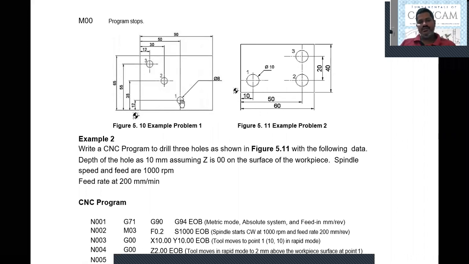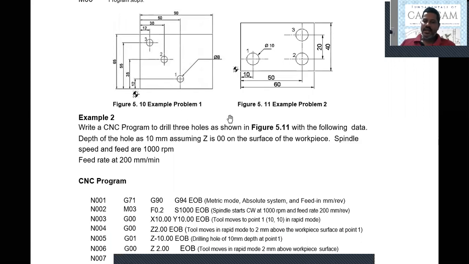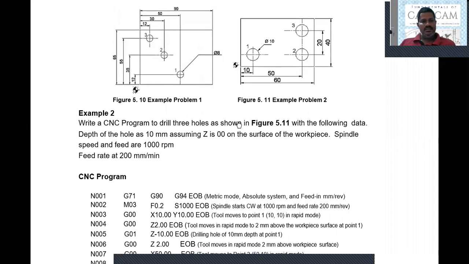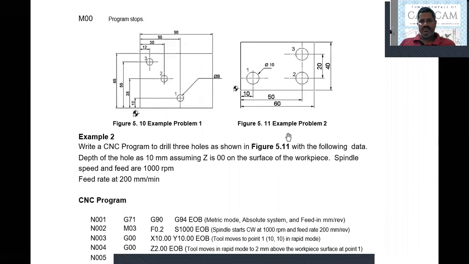So if you specify the first coordinate first, it moves to the first coordinate, first point, then second point and third point. In the program the tool was moved from 3 to 1. The objective of the program is to move the tool from one point to another location. This was achieved, and this happened in this program. Okay. So then the second program is